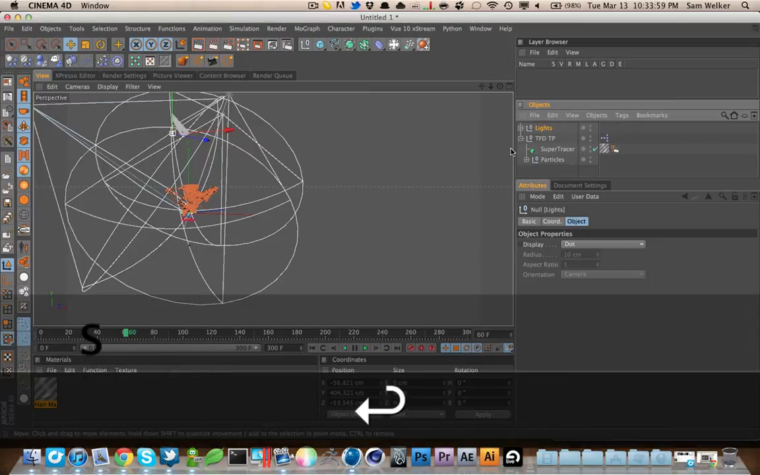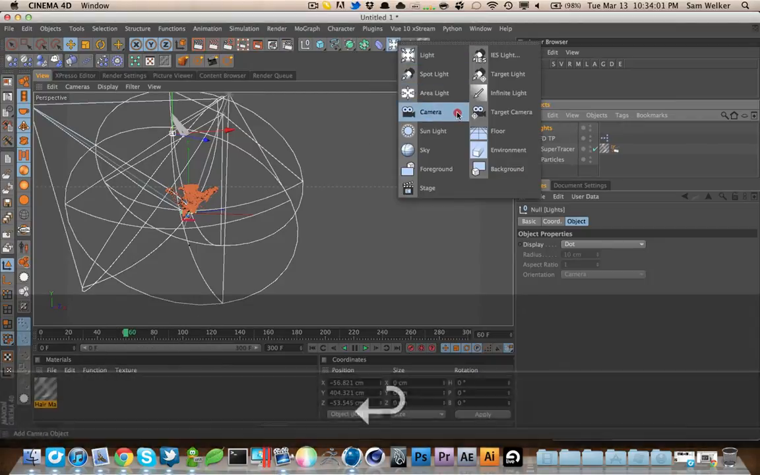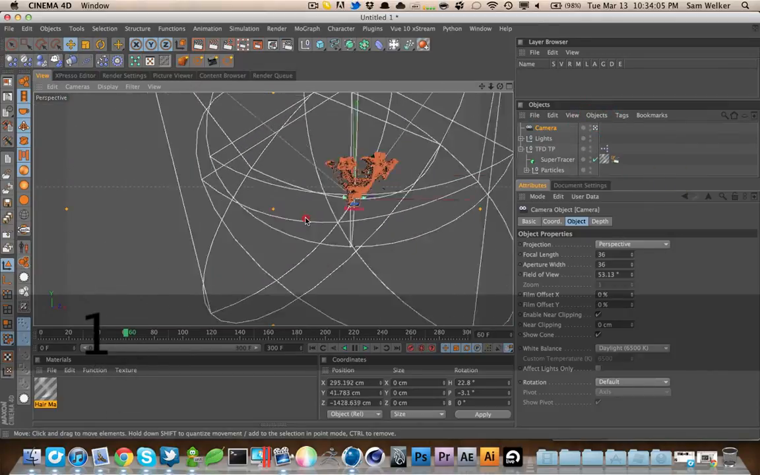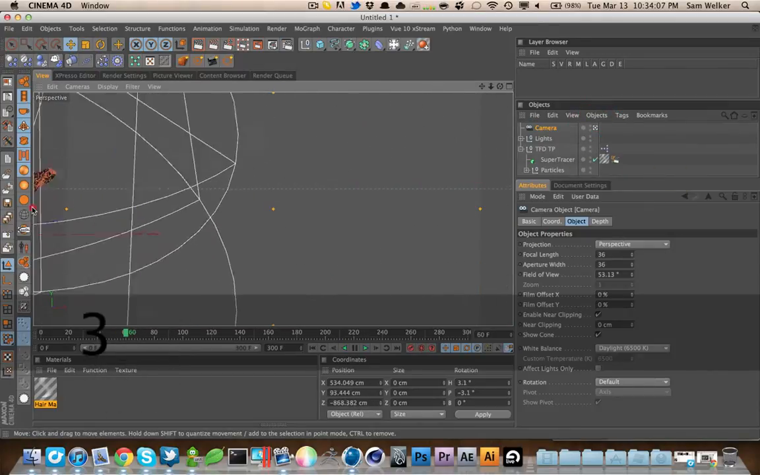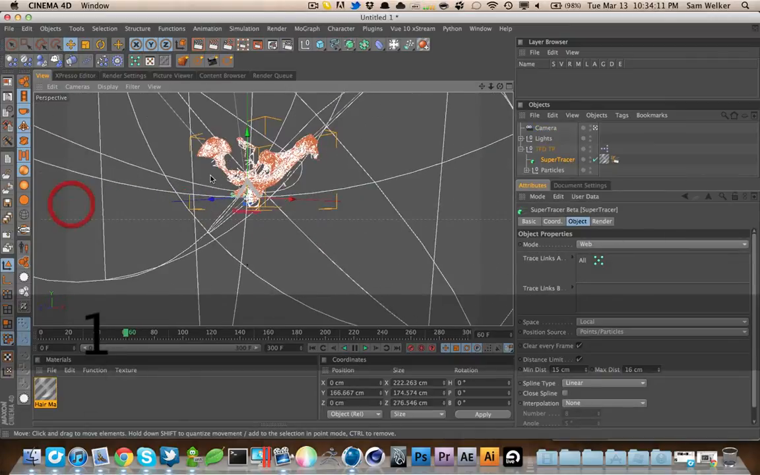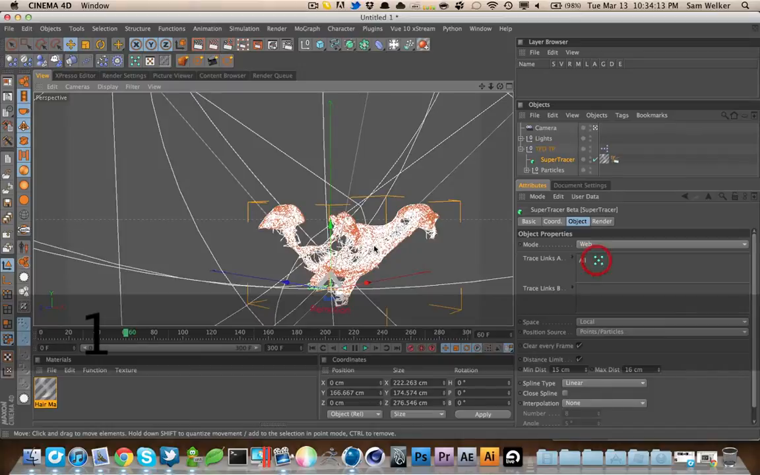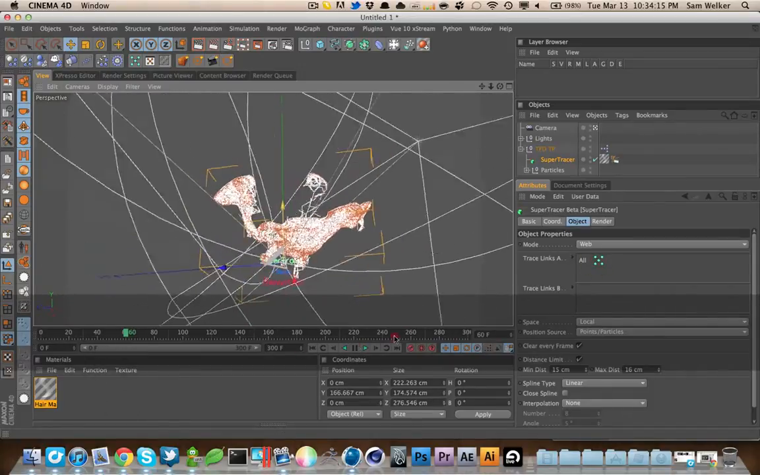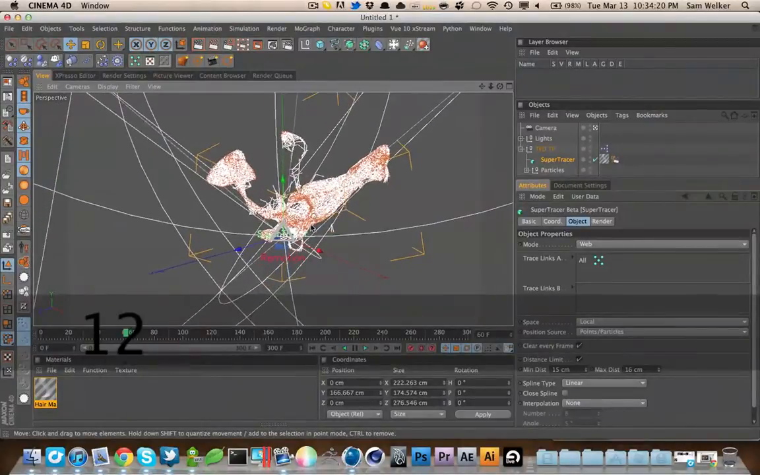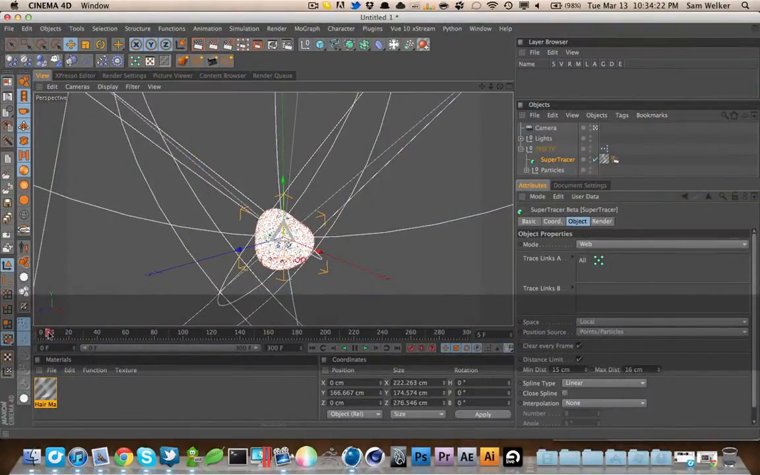Grab a camera. And we can select the Supertracer and just move around it. Okay. Now in my video, I must tell you that the camera actually does move, so it moves up,